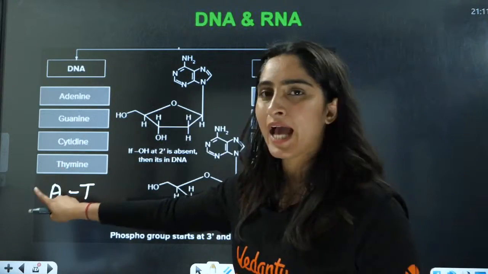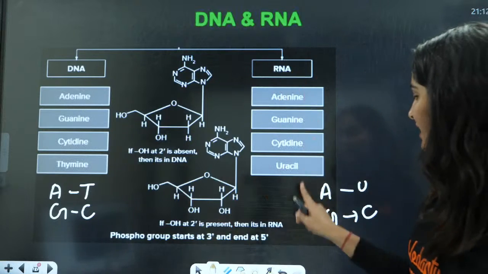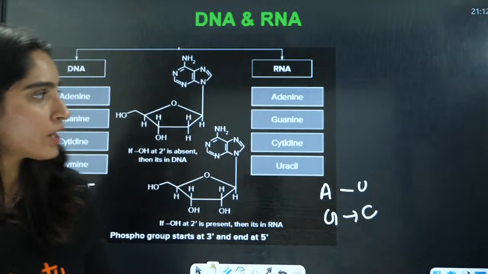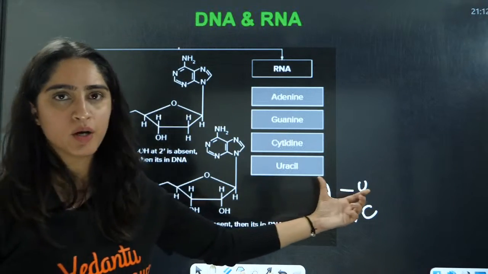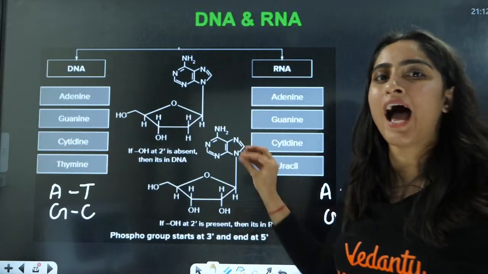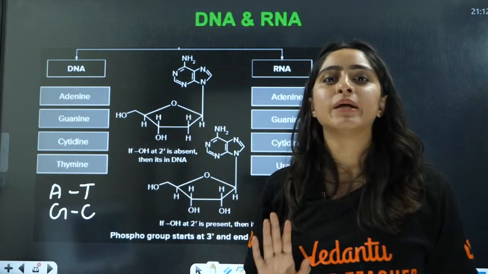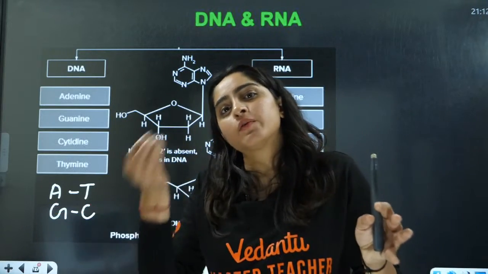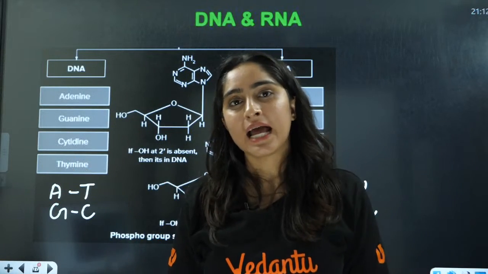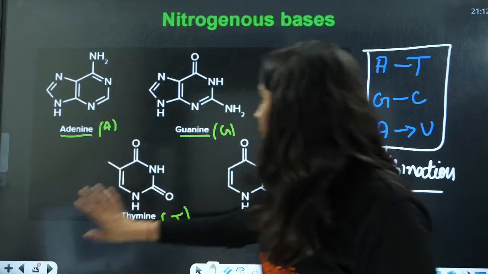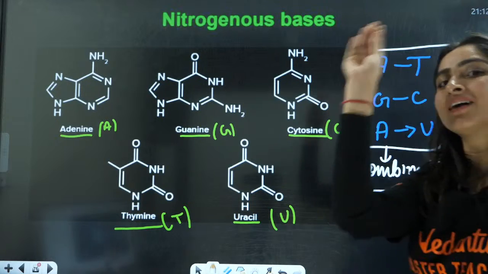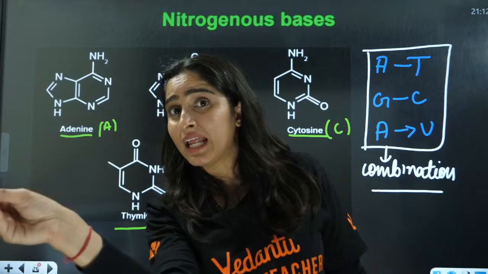You have DNA, we have AT and GC combination. In RNA, you have AU and GC combination. Right? Okay, we have two combinations, AT, AU. In RNA, you have uracil in place of thymine. Always there is hydrogen bonding between one pyrimidine and one purine unit. These are the combinations that you have to remember. AT, GC, AU. A is linked to either T or U. T is in DNA and U is in RNA.